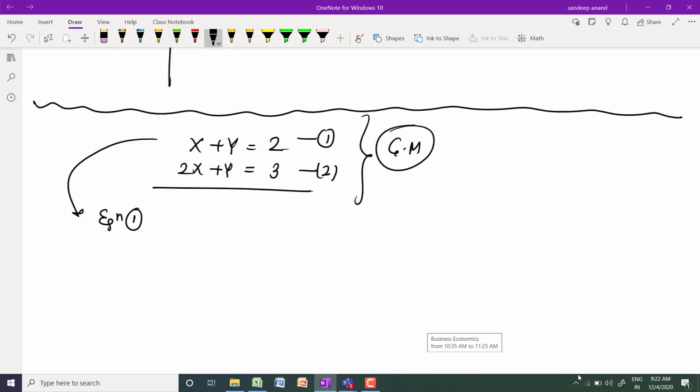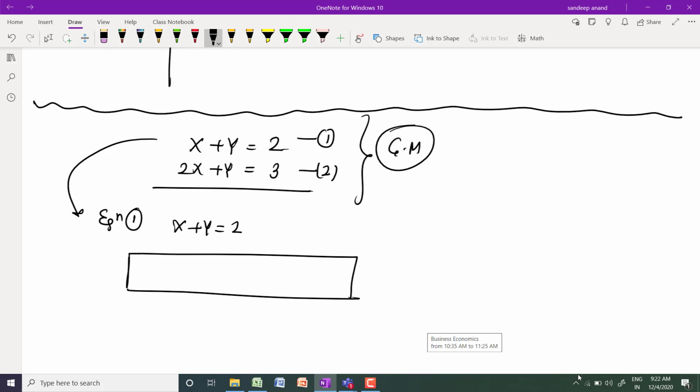Now you make a table for this, where you put the x and y variables and some values, starting with 0, 0, 1, 2, 3. If you put x equal to 0 in this equation, what do you get for the y variable? If you put x equal to 0, then y becomes 2, yes or no?